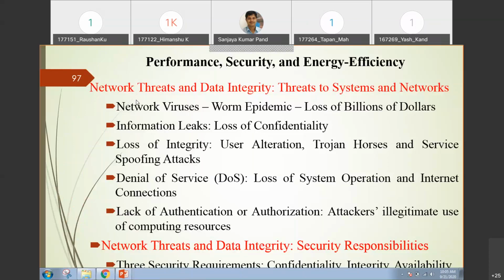So why is it there? The attacker applies the threat to a particular system, and later it will propagate to the entire network, so that the entire network is under that hacker. There are many cases nowadays that we hear about in the news, where some attacker attacks a particular system and the service is down for 24 hours. Network viruses can be injected into a particular system, and the virus will propagate over a period of time, so that it leads to a worm epidemic.